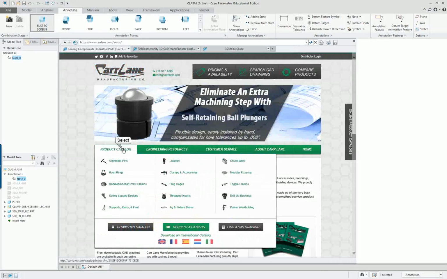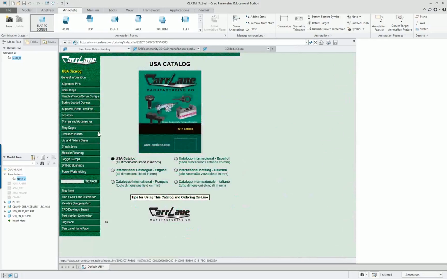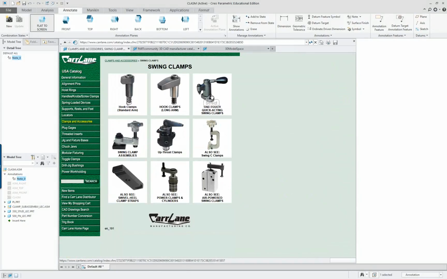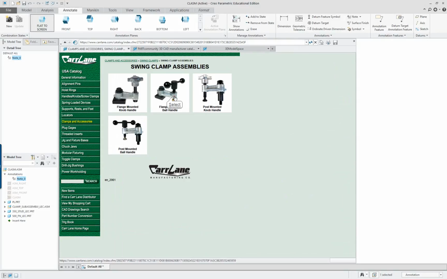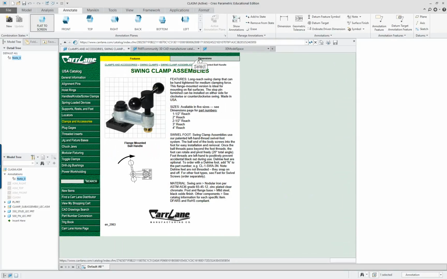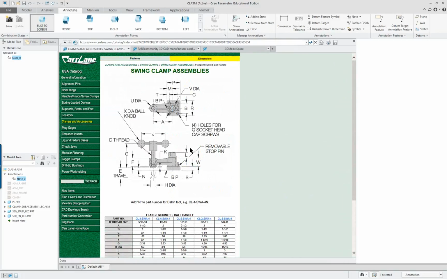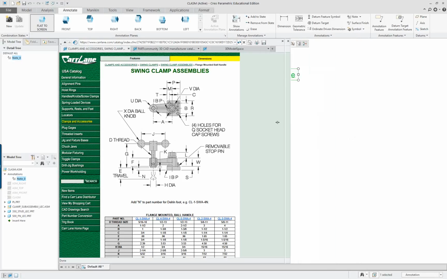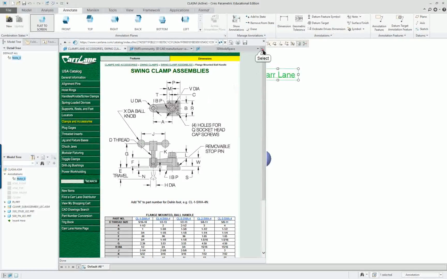And if we look at our product catalog, and our clamps and accessories, swing clamps, swing clamp assemblies, the one with the ball handles. We'll see that we have basically the same as our model that we've created over the last few lessons. It's slightly different. I'm going to close that